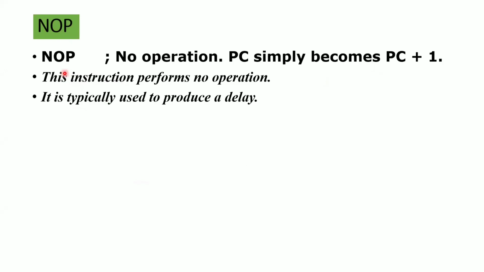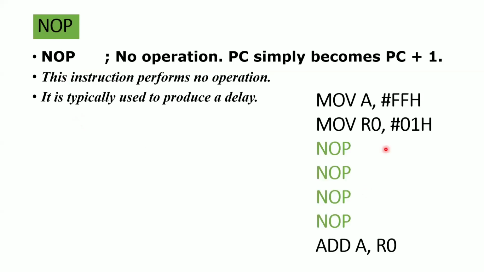I'm sure you know the hardware delay and software delay. You remember in our 8051 microcontroller microwave oven example, we used dedicated timers to generate the hardware delay. Why? To keep the processor free. And there is also an option to generate a software delay. How to generate the software delay? Delay means simply executing some instructions without doing any operations. What is that instruction called? No operation, NOP. Whenever you write this instruction in any of your programs, it will simply execute this instruction and it will not do anything.